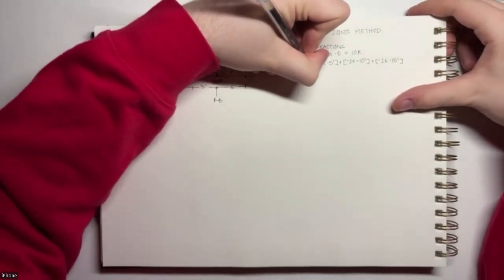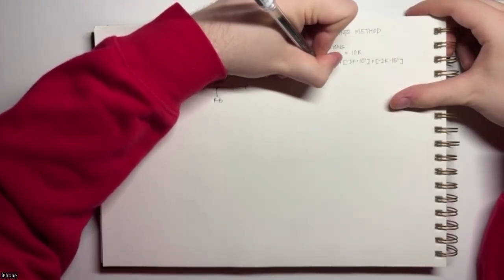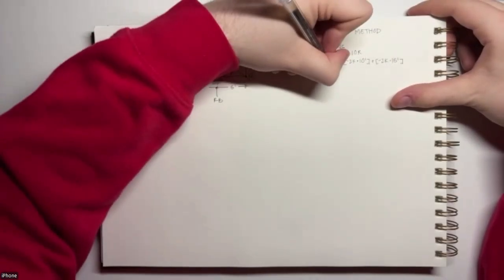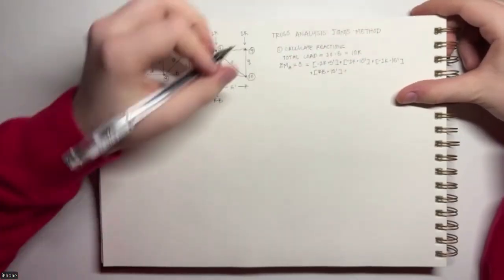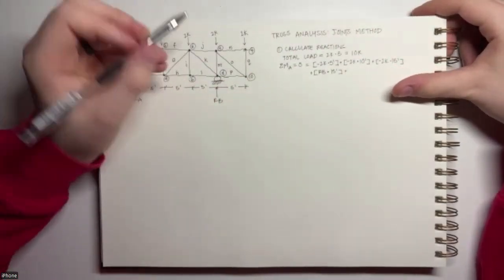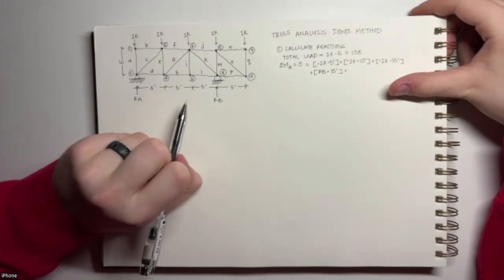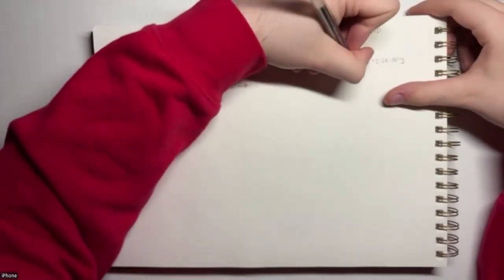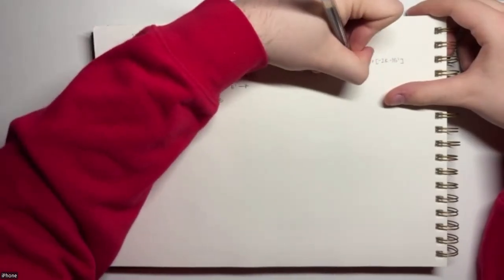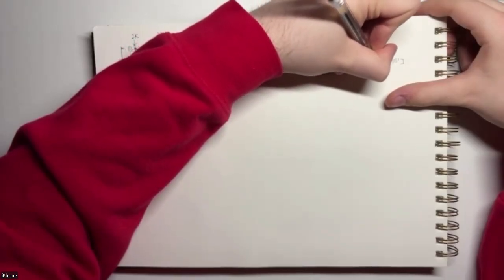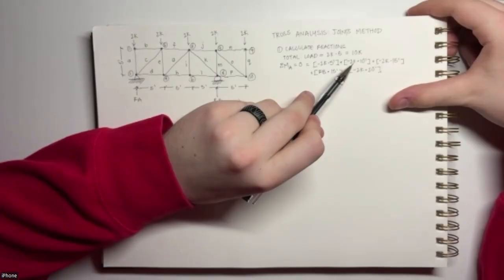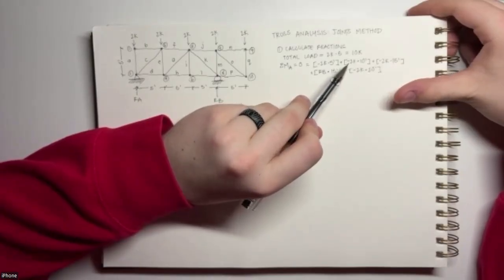And then also there, 15 feet away is RB. Let's say plus RB times 15 feet, plus, I've got a 2 kips out on the end here, and that's going to be 20 feet away from RA. So plus negative 2 kips times 20 feet. And notice I put all of these as negative 2 kips because they're going